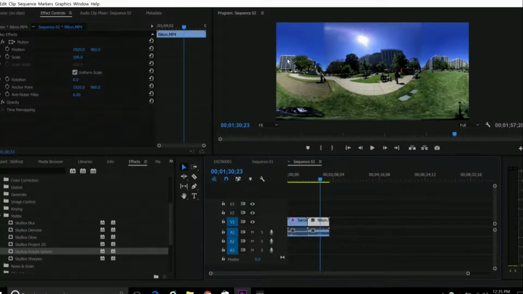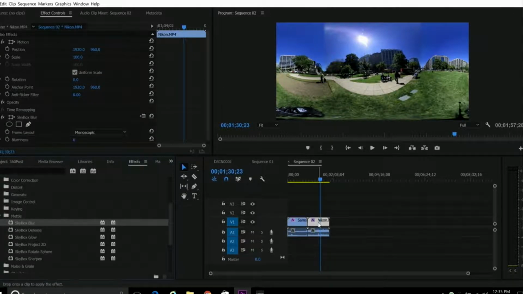Okay, let's look at this clip. You notice how in the middle you can see those stitch lines, those arches near where the sun is. Now we want to conceal those, and that is where blur comes in. The first thing we're going to have to do is put a mask around our stitch lines, because if we just use the blur effect on its own, we're going to effectively blur out the entire image. So we're going to select the pen here,